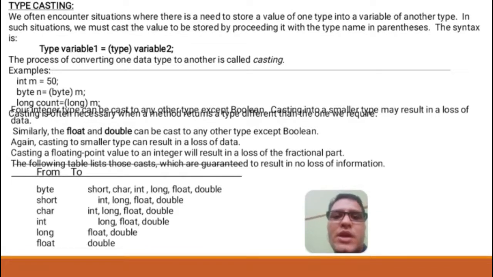So you can convert byte to short, char, int, long, float, double, because byte is a smaller data type and it won't change its value. Short you can convert into int, long, float, double. Char also. Int to long, float, double is possible, long to float, double is possible, float to double is possible. If you try to convert float to byte, data will automatically be lost. You will lose certain data, so this should not be done. That is why we have to know which are the lower order data types and which are the higher order data types.